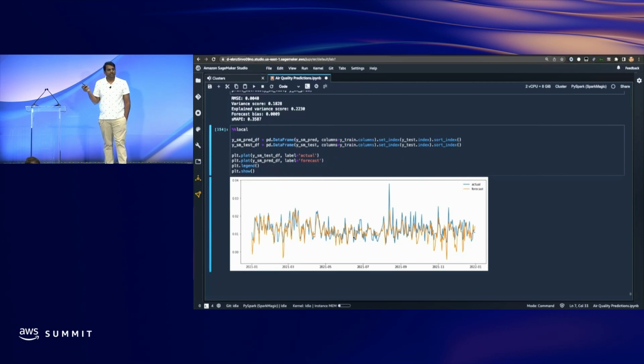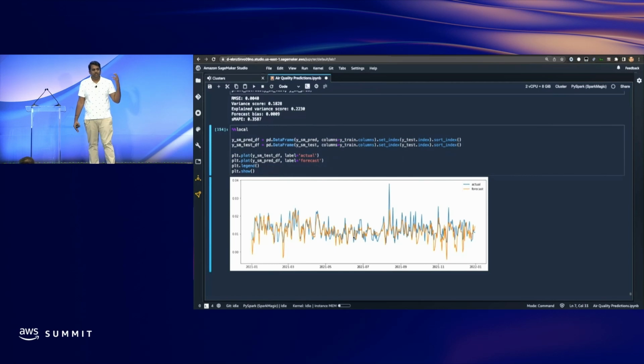It's totally fine. I understand the last demo had so much code, but the intention here is to show how from a single notebook interface, you can do both big data processing and machine learning. So what exactly have we done here? We created a notebook. From the same notebook, we connected to an EMR cluster.